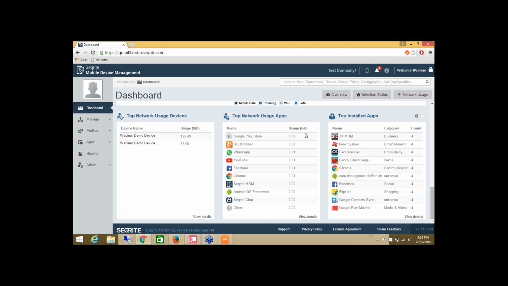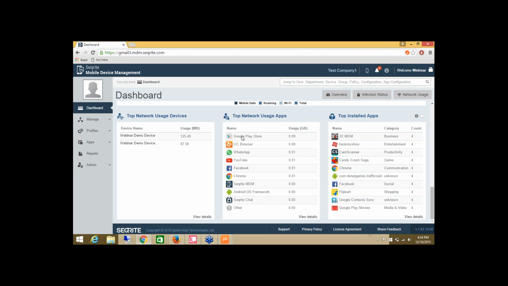In this way, the admin who is able to log into our web portal can easily recognize which applications are using the highest network data and which applications are mostly installed in their enterprise.